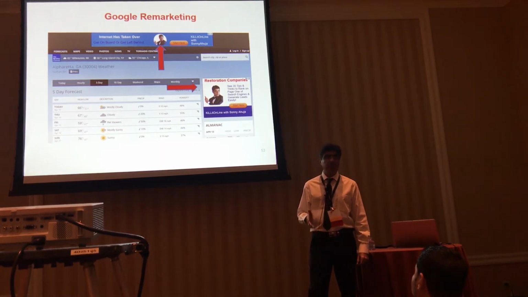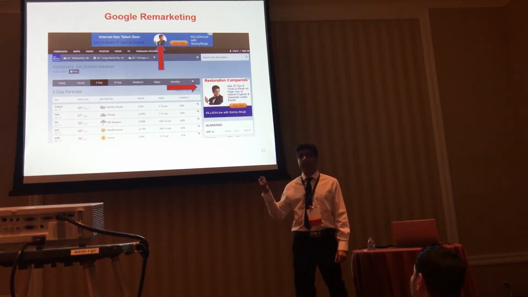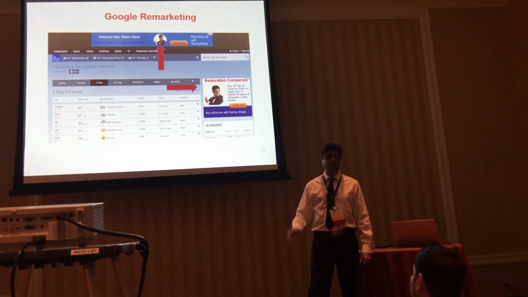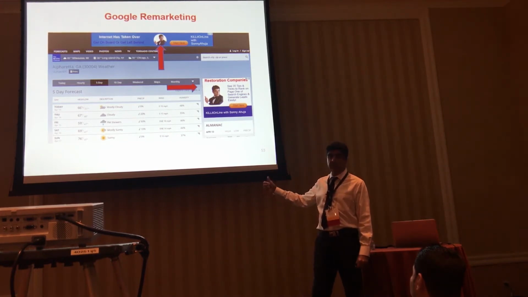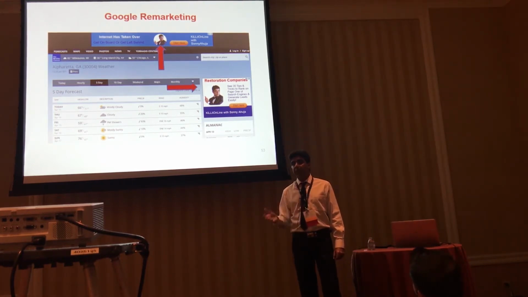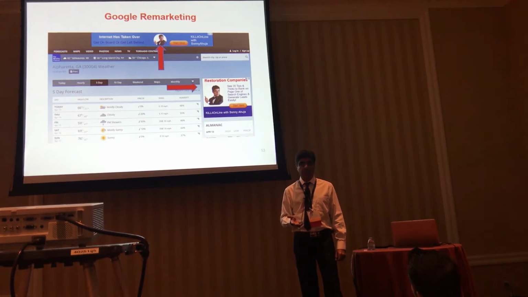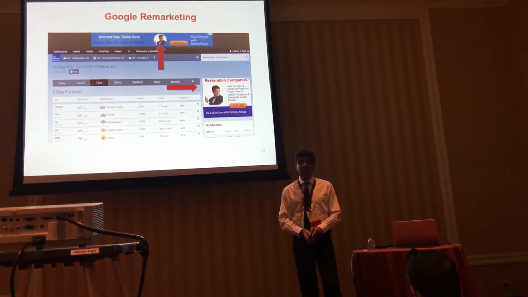And it builds and builds and builds, and 6 months later, a year later, 5 years later, you can reach out to hundreds and thousands of prospects because they've been to your site. There must be a reason why they came to your site in the first place. Maybe some of those are your repeat clients from carpet cleaning, rug cleaning, who call you every 3 months, 4 months, and so forth. So now you're showing them your ads every time they're on CNN, Forbes, weather.com, your local news channels, millions of websites, barely costing you $100 a month. Do you think that's a powerful strategy? To keep your brand in front of your customers and prospects 24/7? Absolutely. So remarketing.